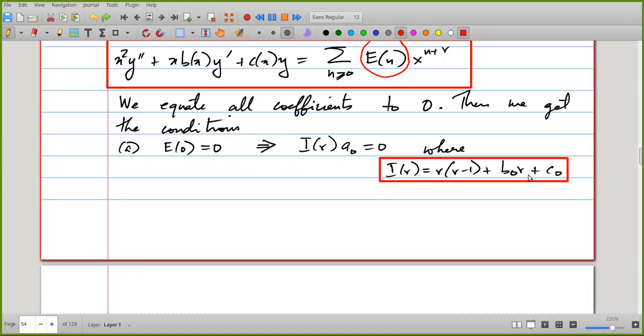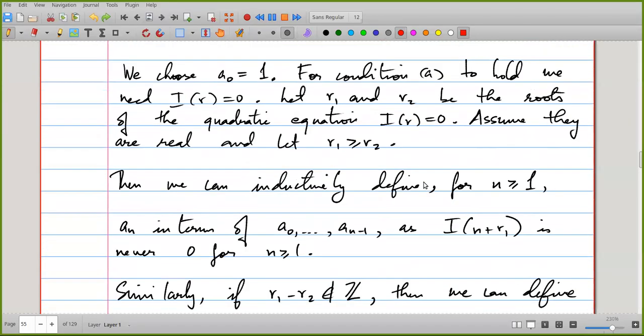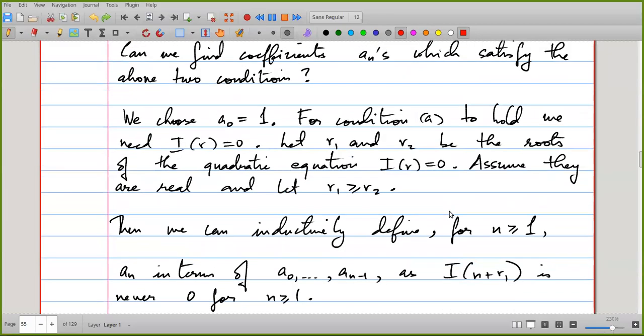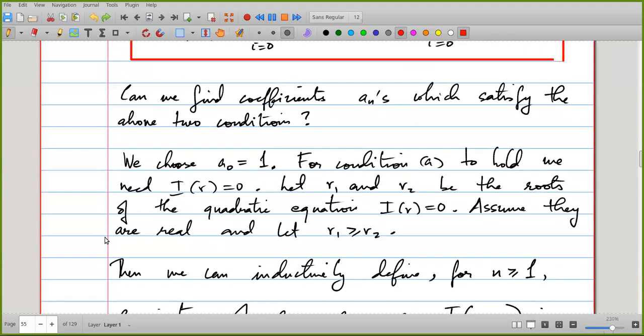this quadratic equation. This is the indicial equation, and we will only analyze the case when the roots are real. So we assume that the roots are real, and we denote the roots by r1 and r2, and we assume that r1 is greater than or equal to r2. Then we can inductively define, for n greater than or equal to 1, the a_n in terms of a0 up to a_(n-1) as